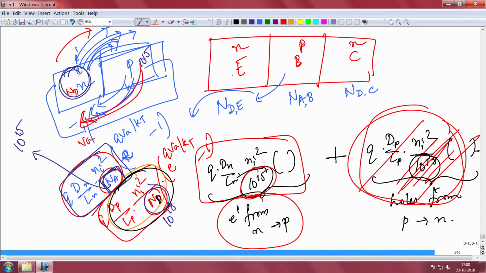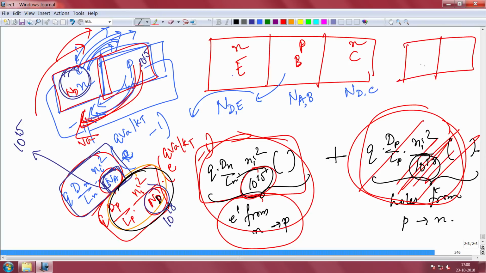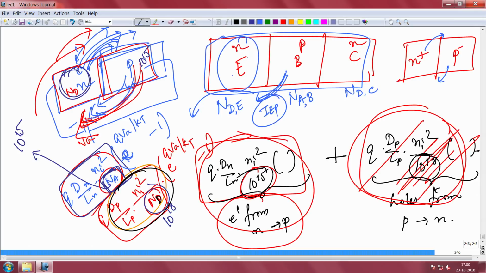This is the hole component of the current here, and this is the electron component of the current here. Which means if I dope the n type much higher than the p type, with a structure like this, n very highly doped, n plus, and p lightly doped, p minus, then the electrons injected this way will be much more than the holes injected this way. That is how I can make sure that in a BJT the back injected current component of Ip, a useless current component, is minimized, by making sure this is doped high and this is doped low. In that case, electrons from here to here will be much larger and holes coming from here to here will be much smaller. Okay. So, we shall end the lecture here today.